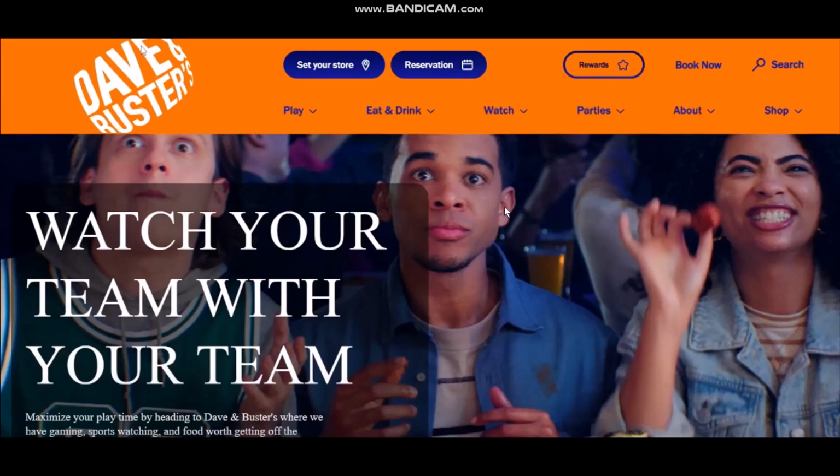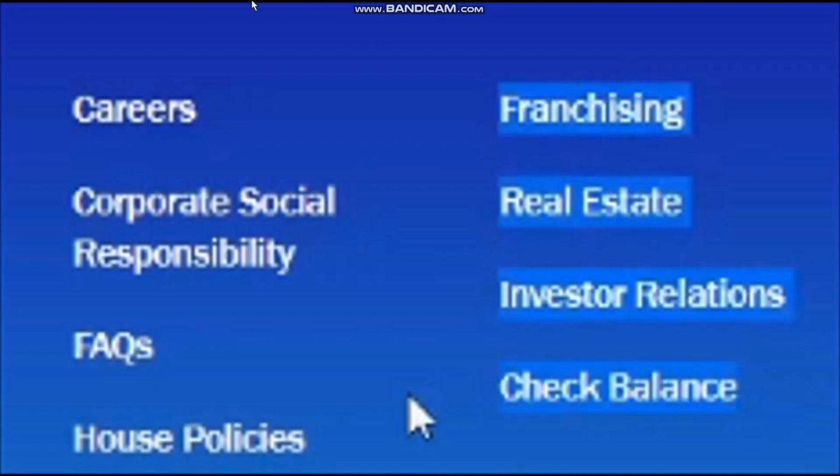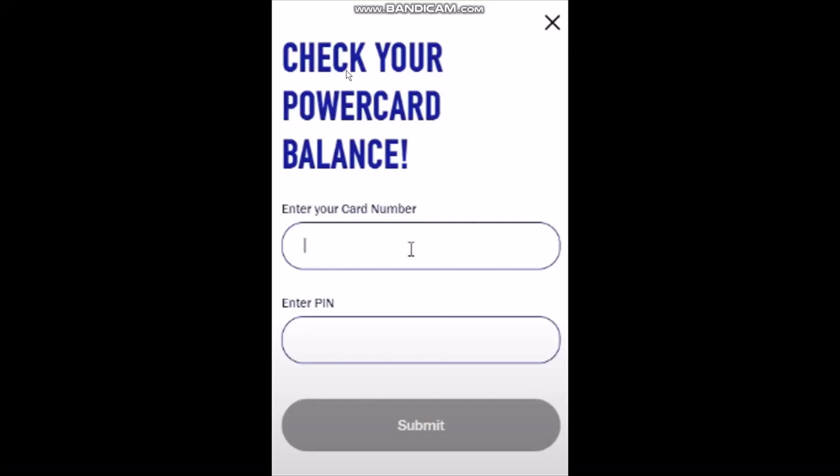Now once you have logged into your account, here what you need to do is just simply scroll down the page, and on the bottom of the page you'll be seeing these options like careers, corporate social responsibility, FAQs, house policies, franchising, real estate, investor relations, and at the end you'll be seeing your option that says check balance, right? Simply tap on that, and once you tap on check balance, here you'll be asked to enter in